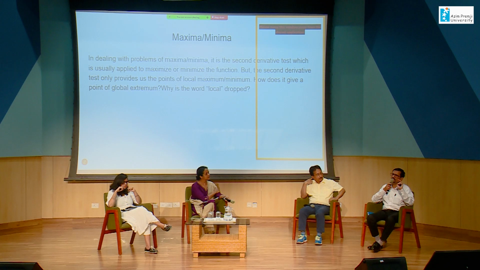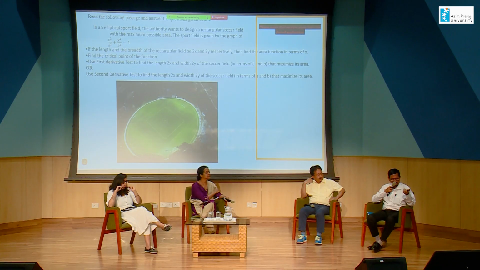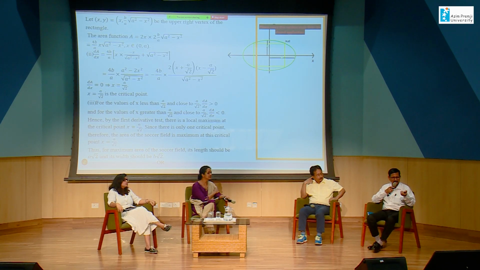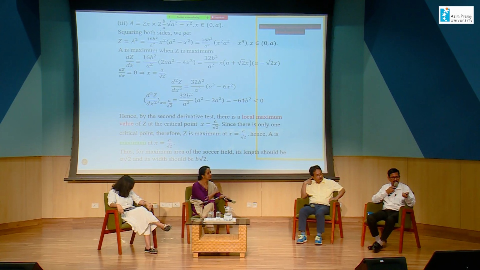So why is the word local dropped? That's not suggested anywhere. So I took an example where finally we have applied the second derivative test. In fact, for the first derivative test, there is no issue at all. But when you apply the second derivative test, you find that there is only one critical point. There is only one turning point. And that is why we are allowed to drop the word local, because that point becomes a point of global